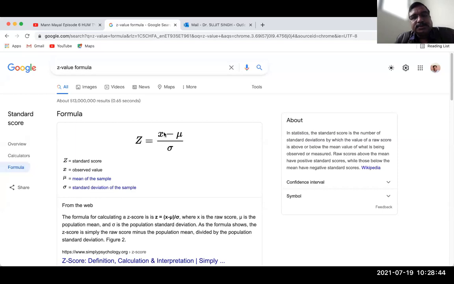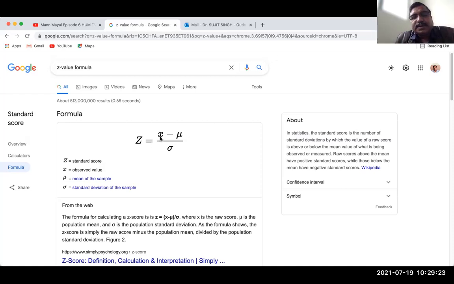The Z value is this: this is the sample mean and this is the population mean. If there is a large difference between these two, what is the population mean? That is the claim made. That average speed is 25, let's say. Or someone is claiming in our example that my average running speed is 45. That is the population mean. For the long term, he has claimed something, right? And you are measuring here his run in the next 3 events.